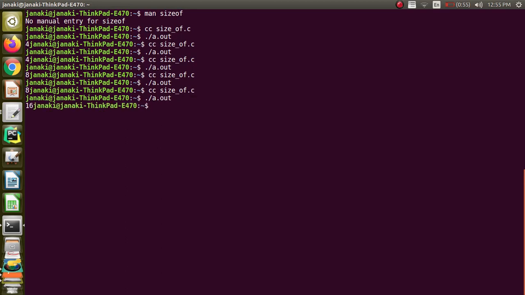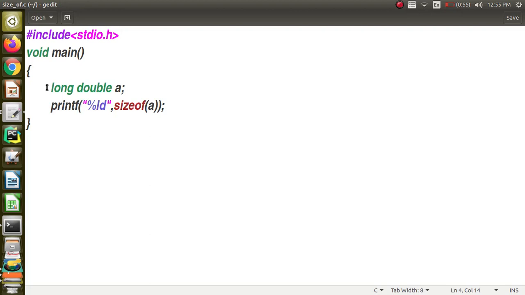This is the maximum amount of memory that we can assign for numbers. Numbers can be with decimal parts or without decimal parts, right? When you have decimal parts, you have to go for either float, double or long double. Float is 4 bytes, double 8 bytes, long double 16 bytes. Similarly, when you are not going to have decimal parts, you can go for int, long int or short int. For int 4 bytes, long int 8 bytes, and for short int you will get 2 bytes. Let me show that also. For short int you will have 2 bytes of memory allocated.